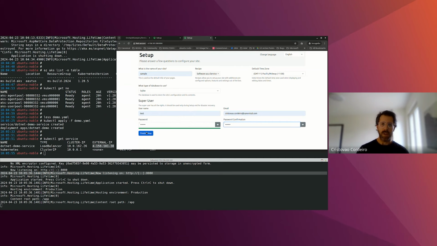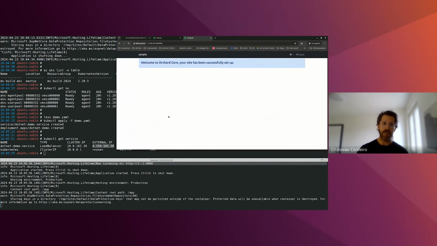And we should get our sample page, which is just a skeleton, but it is running on AKS from a chiseled container image that we have built from the .NET SDK on 2404. And that's pretty much it for the demo. I'm going to give the presentation back to